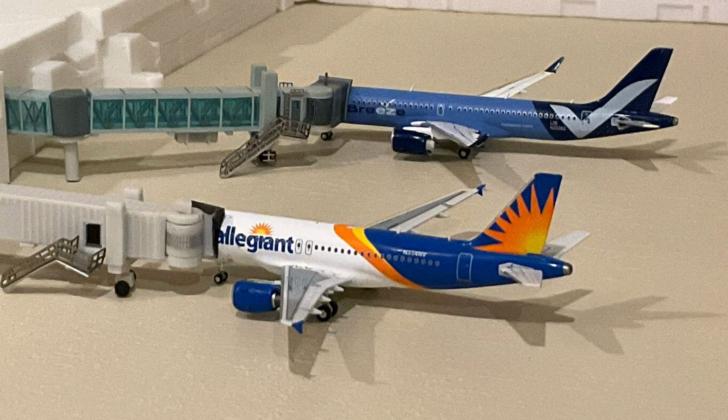At Gate 11, we have the Allegiant Air Airbus A319 in the new colors. This aircraft will be heading down to St. Pete, Clearwater today, which is 4 weekly flights, which is actually 4 weekly until we get to September, and then it goes down to 3 weekly. So currently it is Sunday, Tuesday,